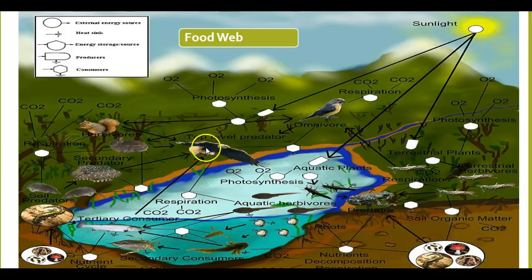So now here's our eagle again, but our eagle can also eat fish. But don't forget, now we have a bird that might eat some of the insects that might be eaten by the fish, depending on what type of fish it is. So when we talk about food webs, we're really talking about the relationships among several different food chains. And we have creatures within a food web that are higher up, which might be top level predators or secondary predators, and we have creatures that are really low on the bottom, such as these consumers. And then additionally we have producers, which live in this plant world here, and we also have some decomposition going on down here where energy is produced too.